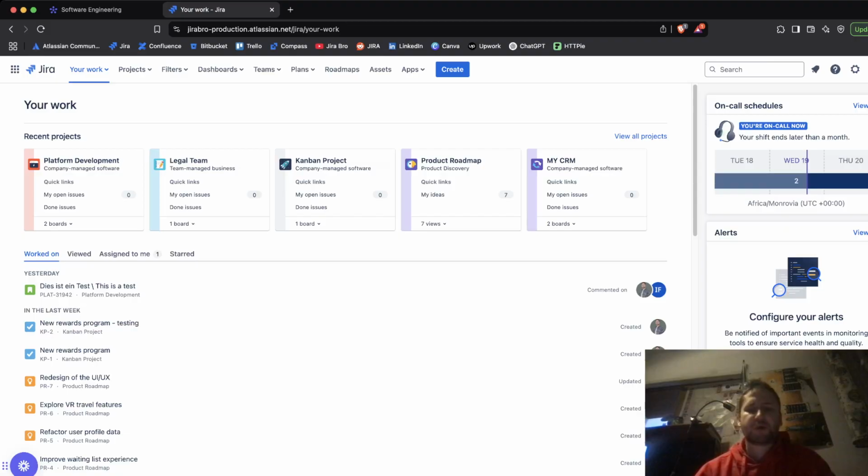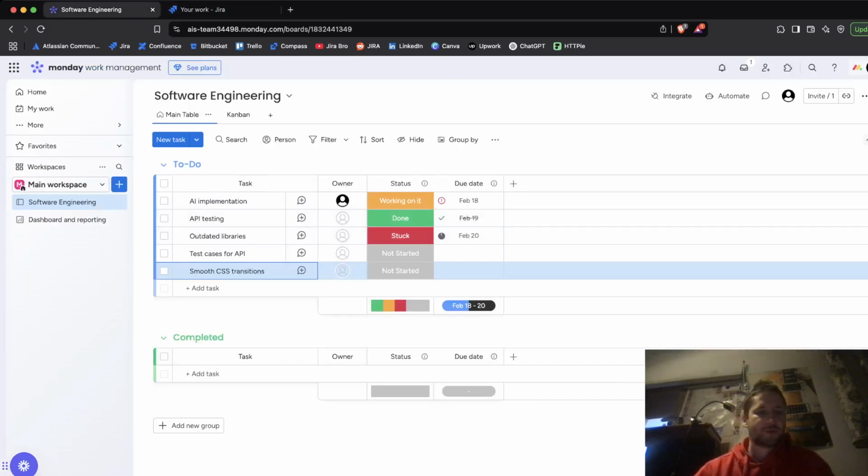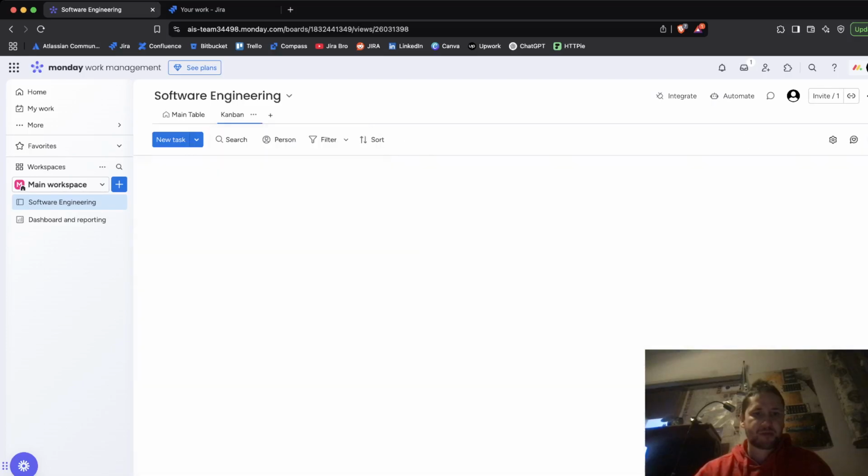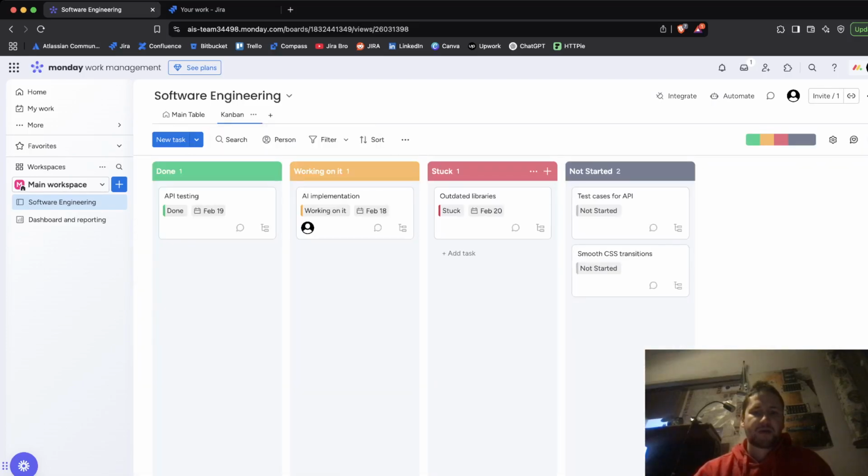In this video, we're going to be migrating some of the Monday.com projects to Jira projects. So we are within our Monday Work Management Hub, and we have this project called Software Engineering. This is our representation. This is the table, and this is the Kanban look. Now, if you're not familiar with Monday, it is a tool